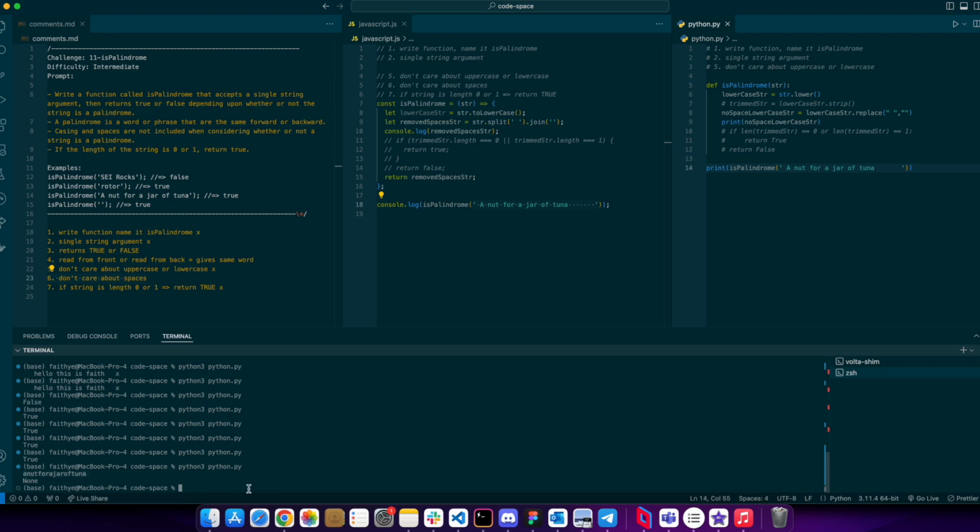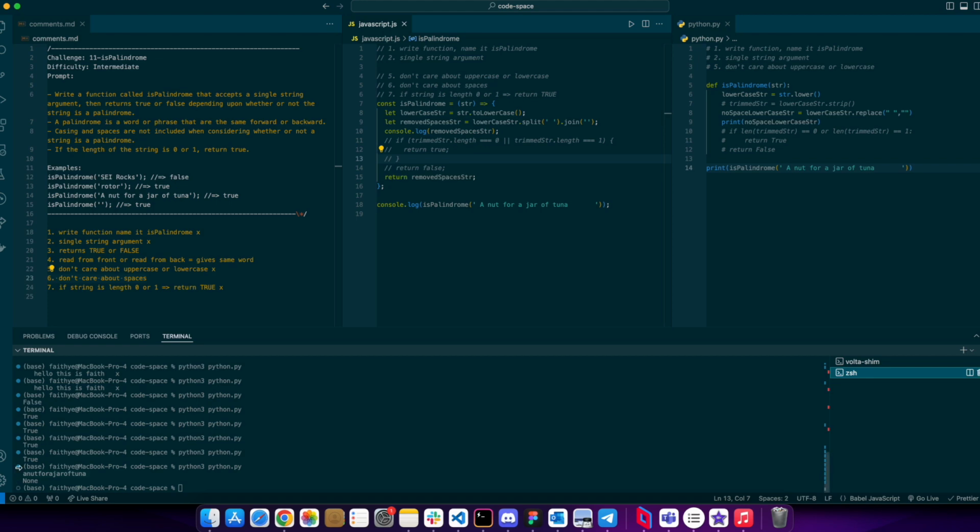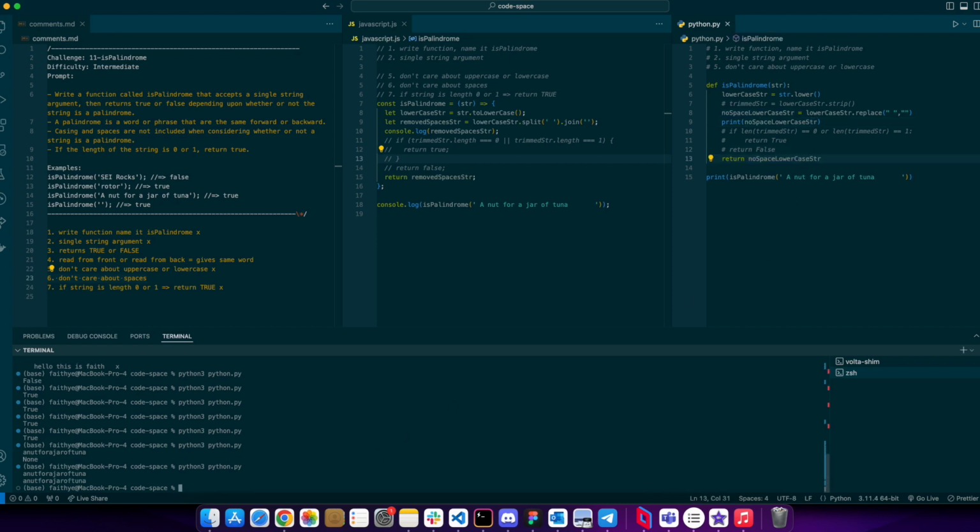Yay, it works. Also, I'm jumping here and there, but in case you realize here I still got caps lock, right? It's because I didn't use my lowercase string when I split and join. So let's just use the lowercase string. It's okay to realize your mistake after that. So it's okay, we got it. It's now both giving the same answer. Again, returning none because here I return none, but if I were to return this, it will be a nut for jam, a jar of jam of tuna times 2. So yay, I've also completed number 6